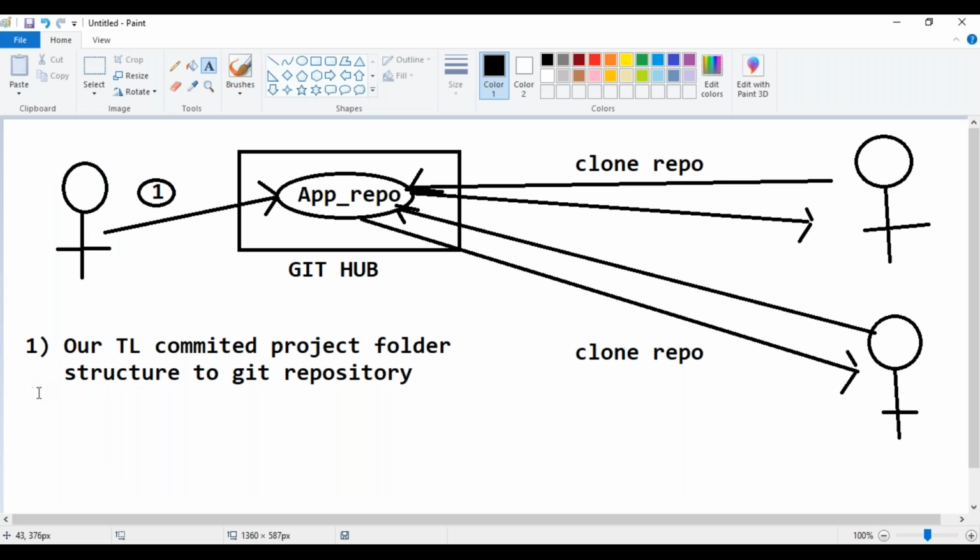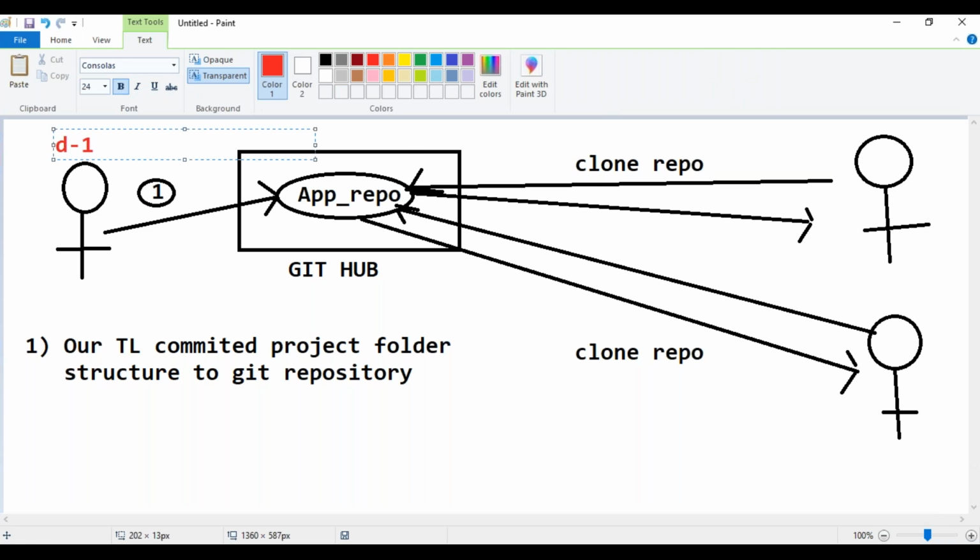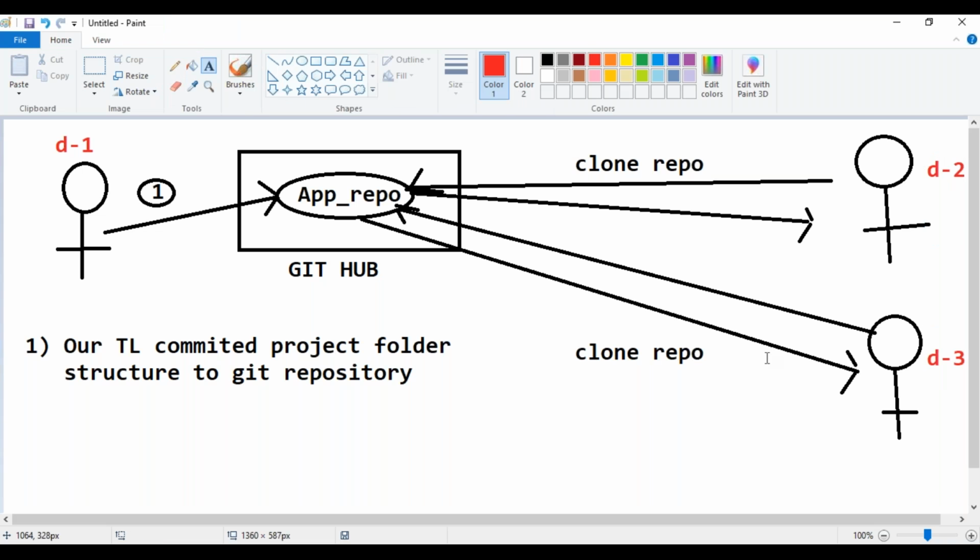Once the repository is available, git cloning is completed. Now let me give names for these people so that we will understand clearly. This is developer 1, who is our team lead, and this is developer 2, and this is developer 3. There are 3 developers in this project.